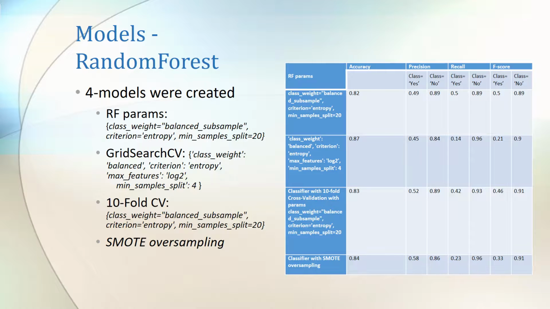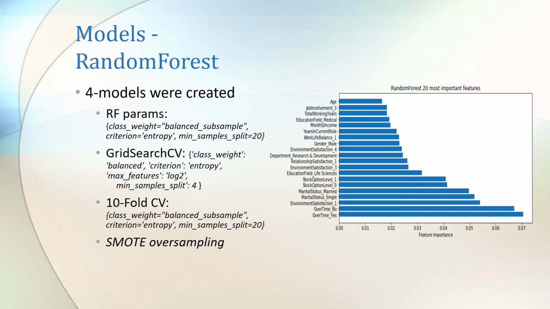However, the precision and recall values for class yes are quite low. They seem to suggest that we are only making a random guess for class yes. However, our overall accuracy increases because we are predicting the no values with greater confidence. Another thing to note here are the important features that are taken into consideration by this